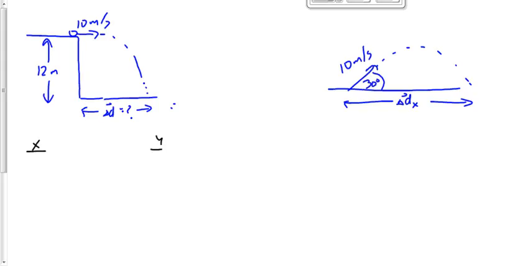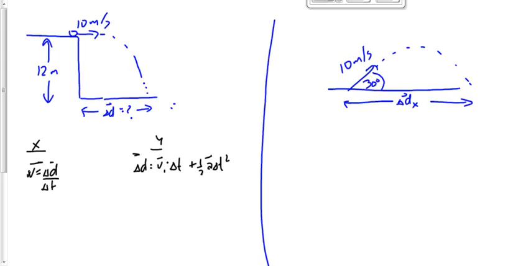We said v is equal to delta d over delta t for the x component, and we said d is equal to vit plus 1/2 at squared for the y component. And then we subbed in numbers, and we ended up getting a value for the x displacement, right? What do we do for this one? Same thing, right? We're going to say the x component is v is equal to delta d over delta t. And the y component is d is equal to vit plus 1/2 at squared. Now,